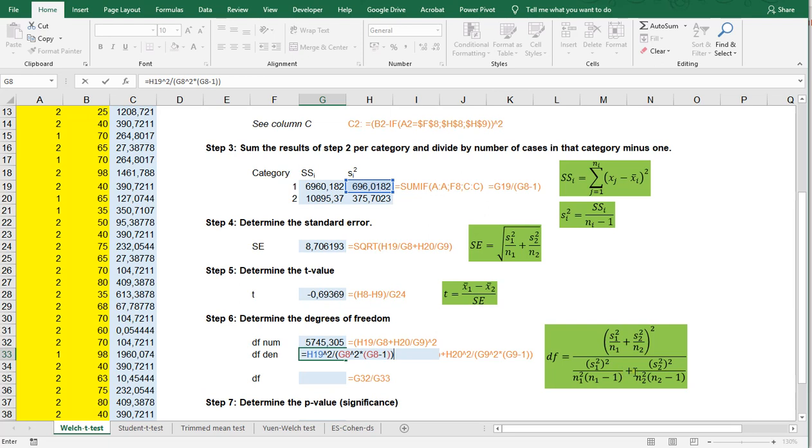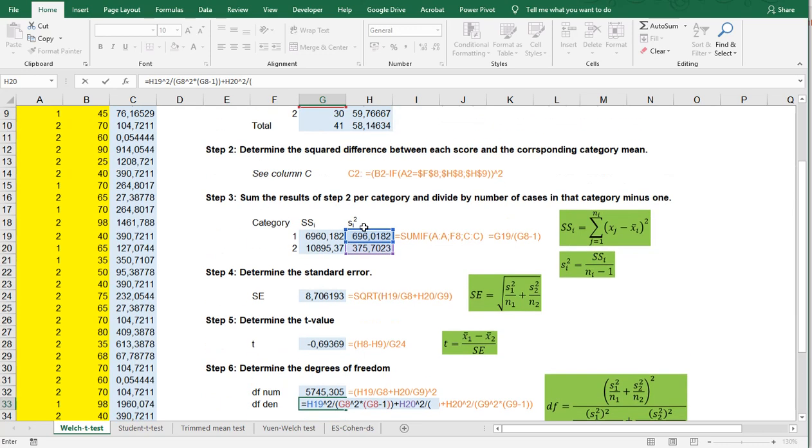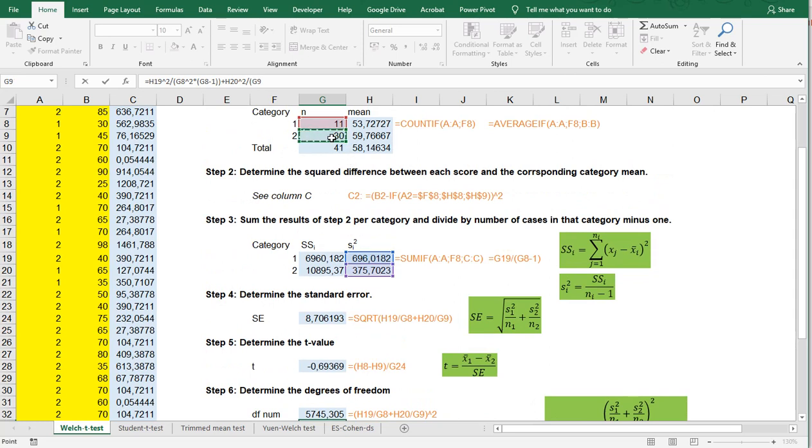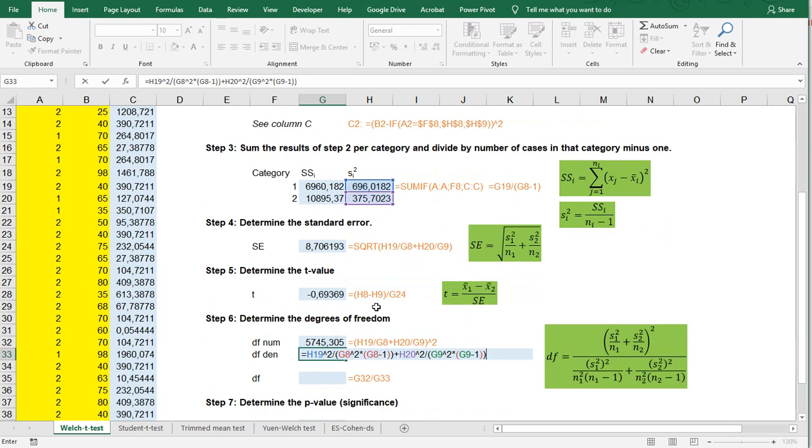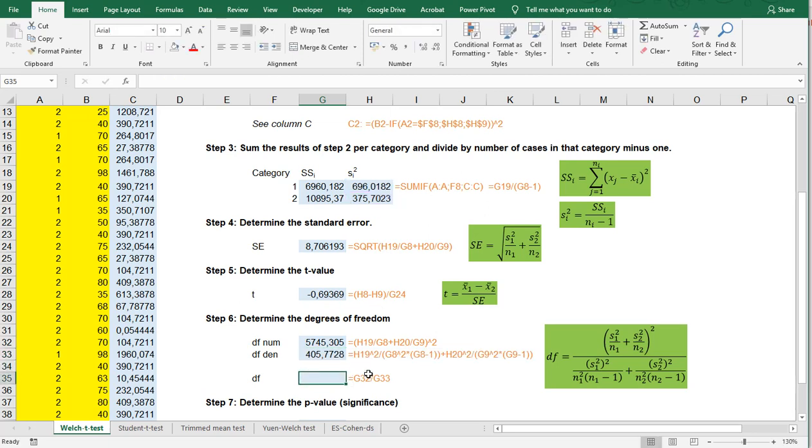Then we need to add to that the same thing, but now for the second one. So that's going to be this squared divided by, open up another set of parentheses, this one squared times this one minus 1, and we can close everything off. Finally, the degrees of freedom itself is then simply dividing these two by each other,